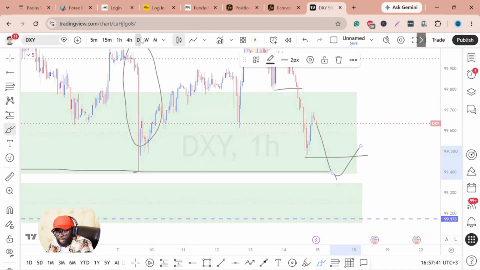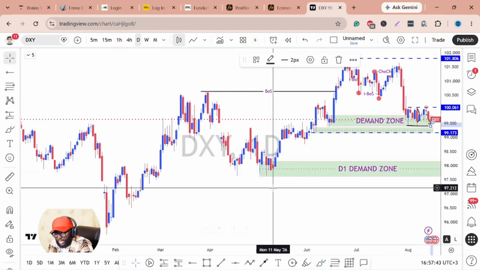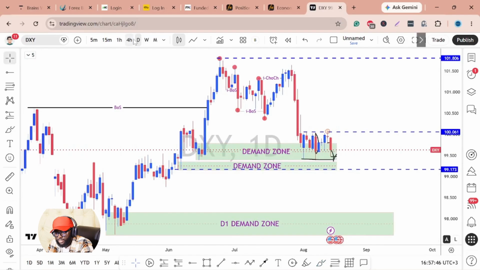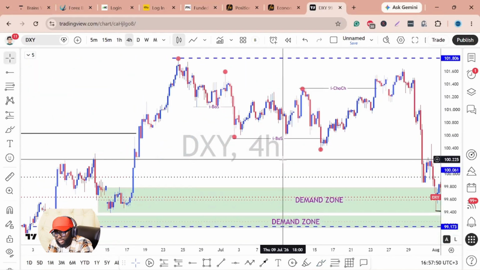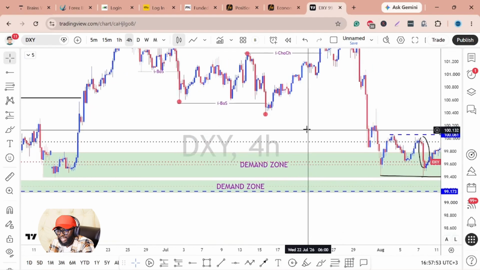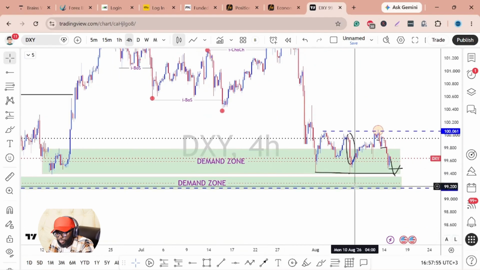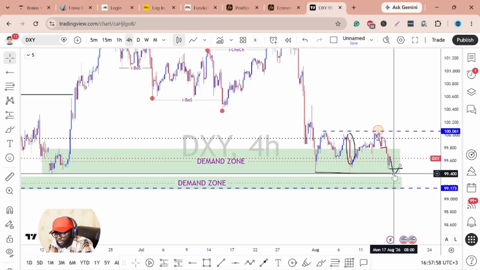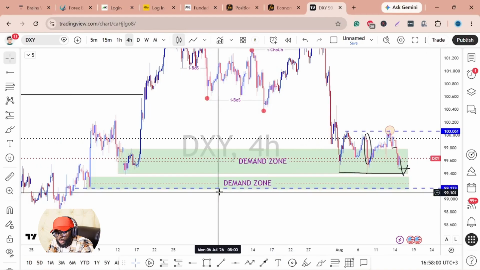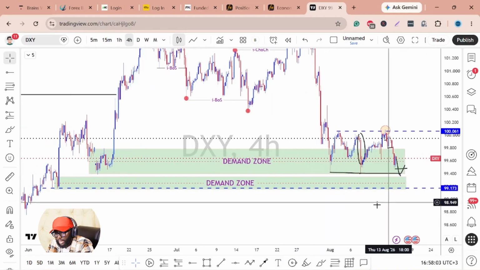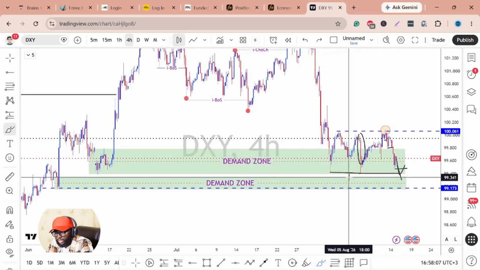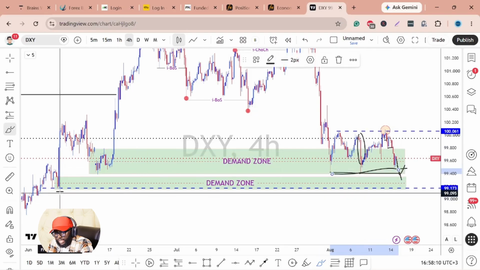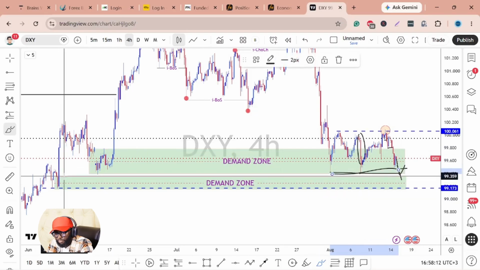Now, if we jump again to the higher time frame context, I just want to show you something interesting, which I think maybe probably this coming week would be the reaction that will push the DXY up. We have pretty much liquidity down here on these lows. So my assumption is that if at all DXY is ready to push up, we will see a break and take out of this liquidity, and a break of this zone, only to come and react to this zone, which is just below here.